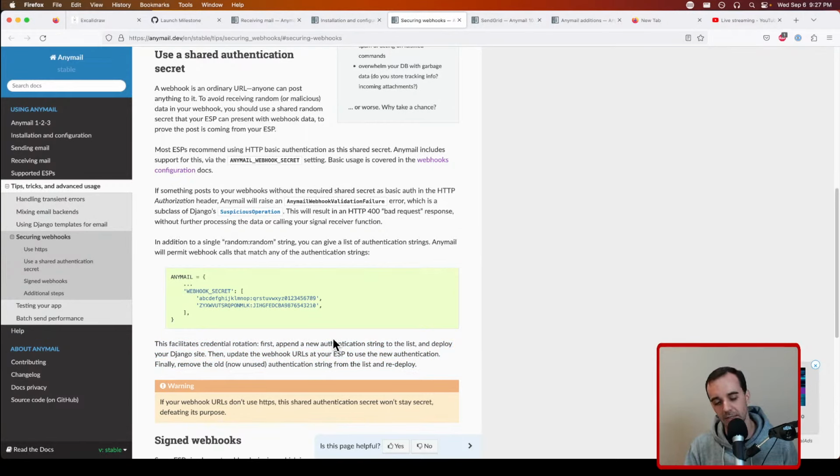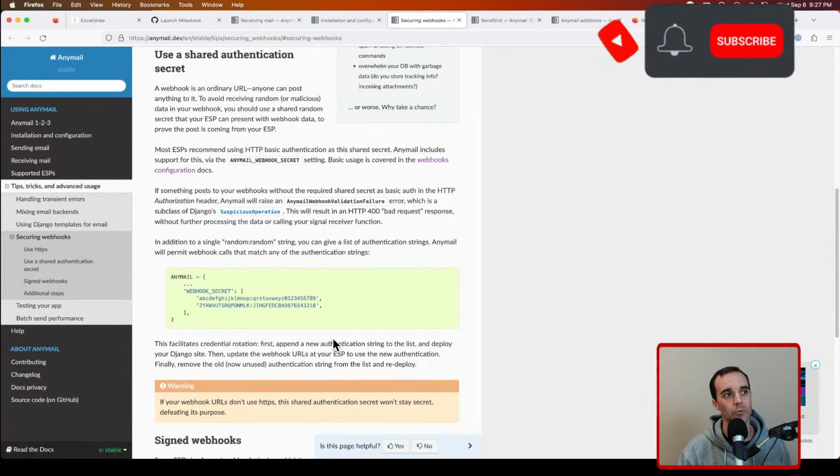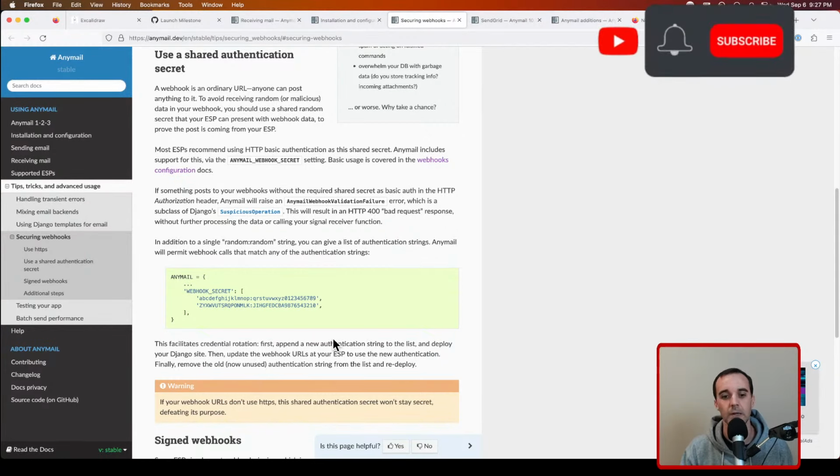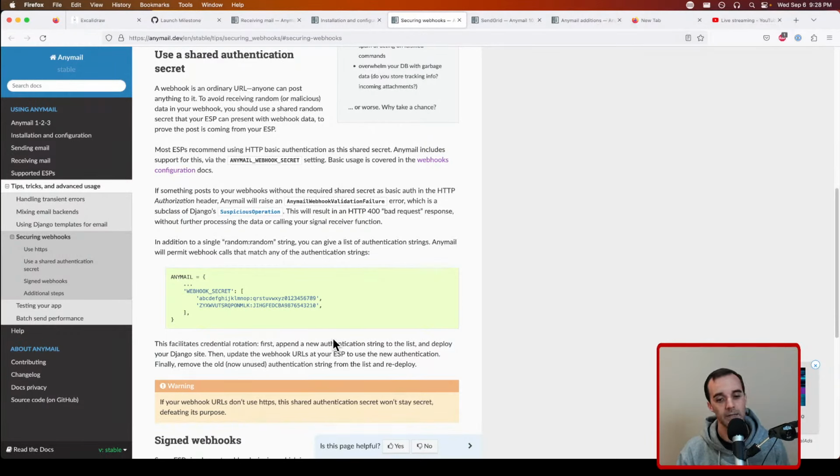and rotating is periodically you might want to change the secret, or if you think your data was compromised for some reason, but you still want to. Here's a scenario that might happen. Imagine your site gets compromised, and somehow you leaked your secrets and you leaked your shared key, and you need to change it, but you need to change it while you might still have emails coming in from SendGrid. And how do you